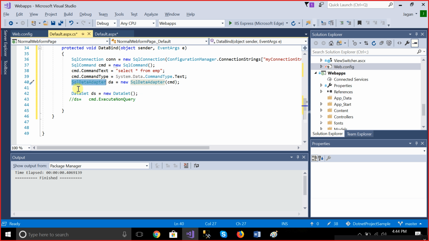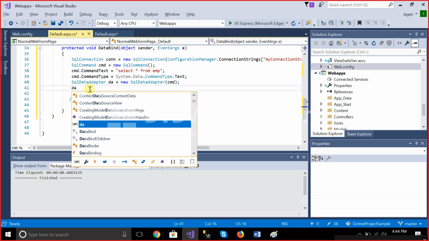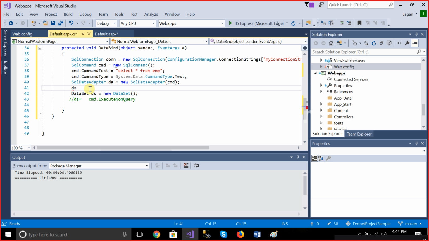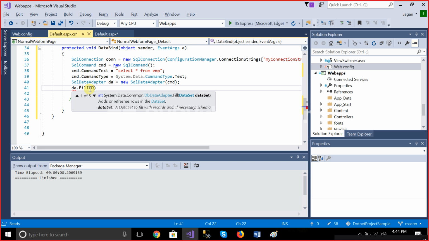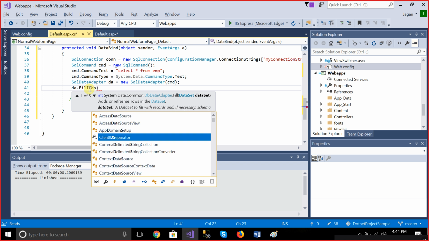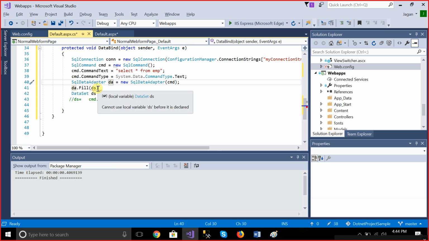So I'm creating one adapter. So I told you, it will be like this. So this is my